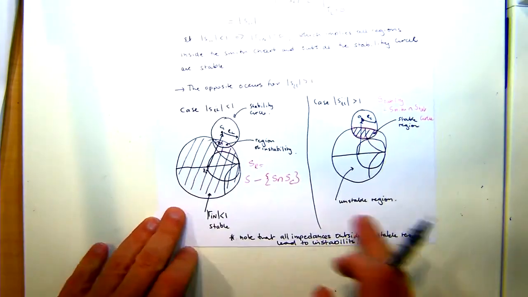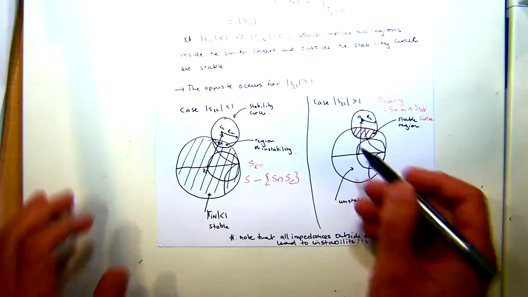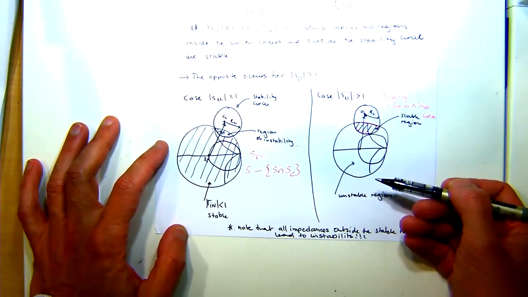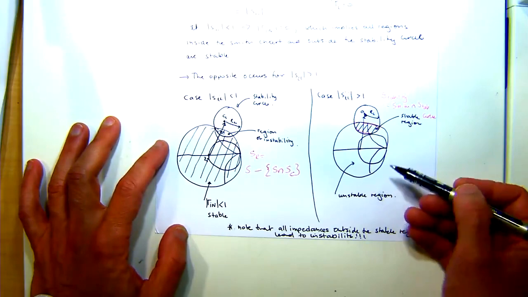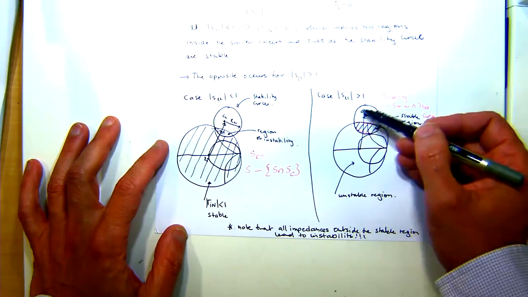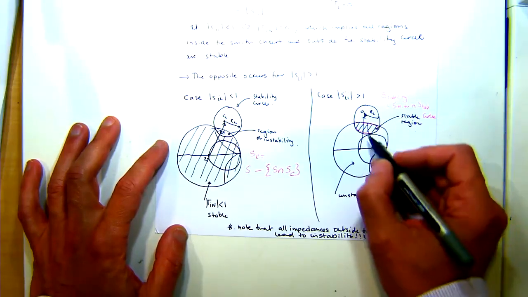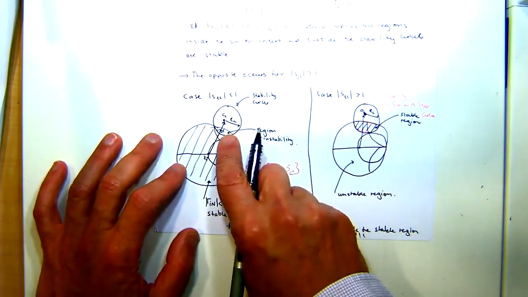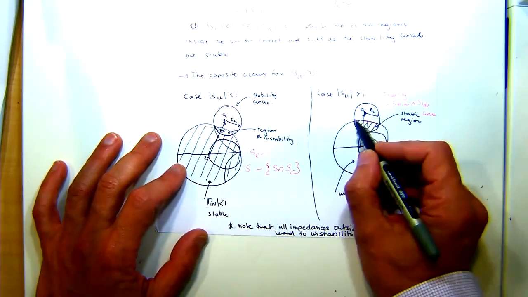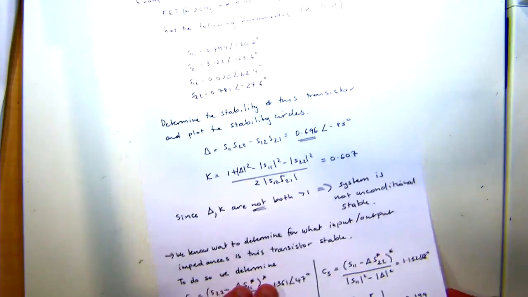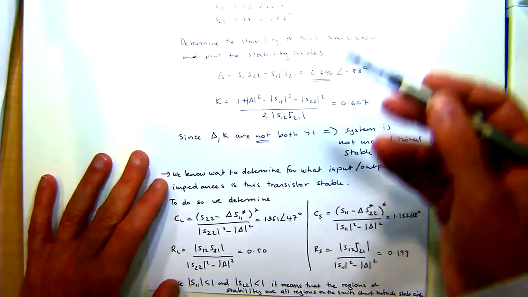So we worked out that region. Likewise, if we had S11 or S22 being greater than 1, what we said was that the region of stability was the part of the Smith chart where the stability circle intersected the Smith chart. So in this particular case, it's the region of stability, not instability as before. It's this particular region. Okay? And then we went through a couple of examples where we determined